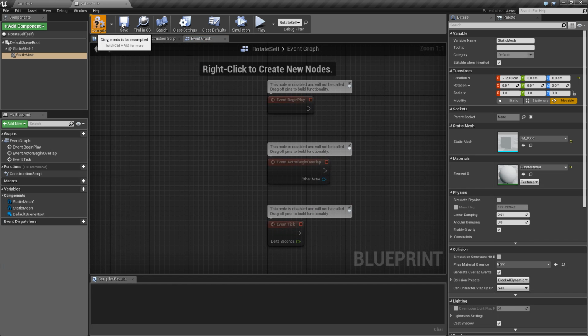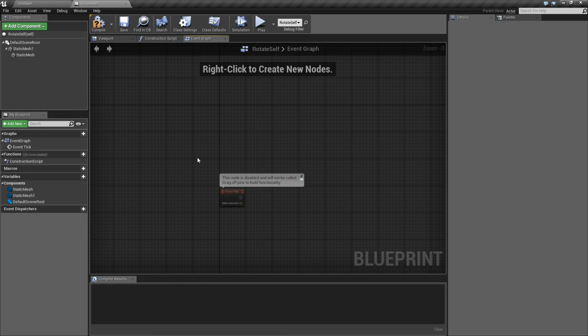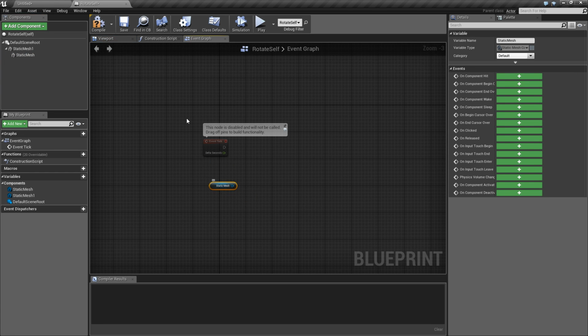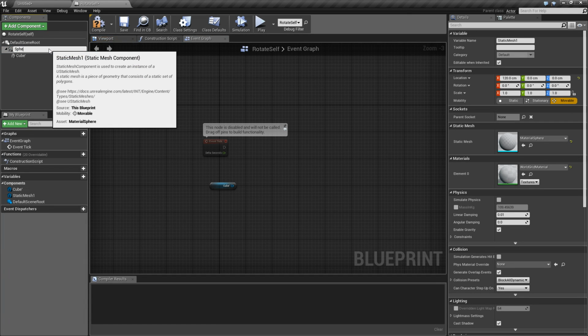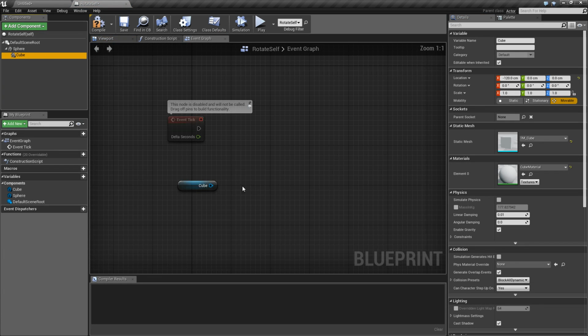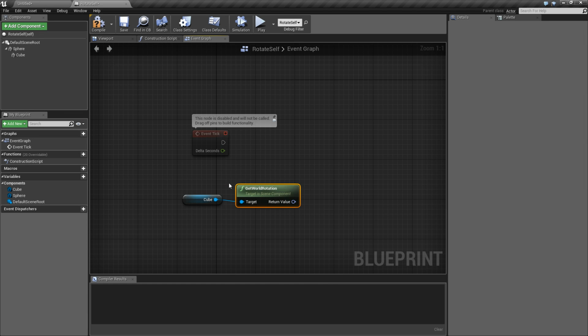It should work if you do the world rotation, as far as I know, because that grabs the rotation of the item in the world and then rotates it. So like if we grabbed our static mesh 1, which should be our cube, yep. Let's rename these. Cube. Sphere. There we go. So if we grabbed our cube and we get the world rotation, this should give our current